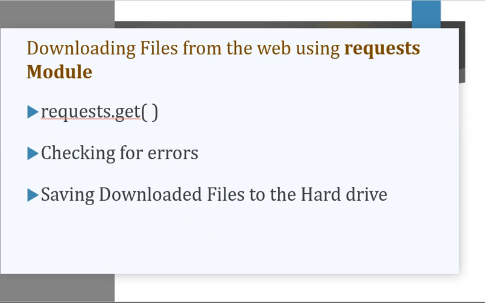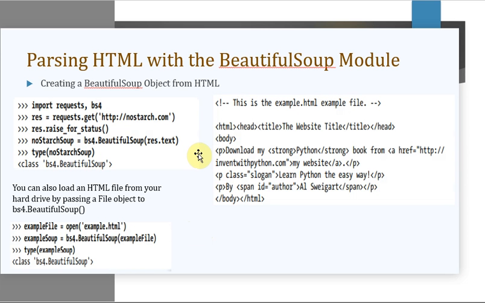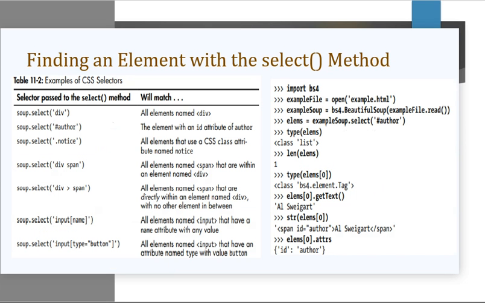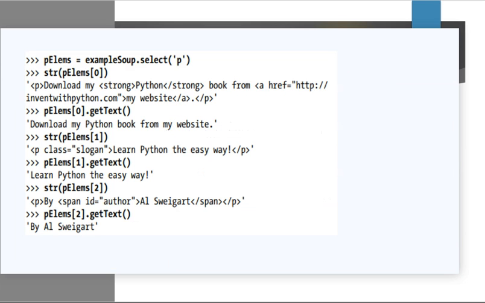Then the next part what we had seen is just initially we started off with HTML. We saw a web page and how we can see, that is we can go to the developer mode by pressing F12, and also we saw any of the tab, or you can just right click on any of the content of the web and you can click on inspect to see the corresponding HTML code, as well as the CSS selectors if any use. All those we have seen, right? And we also saw the select method, then some examples.